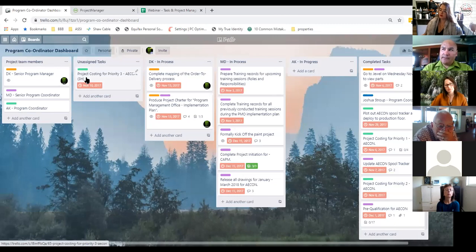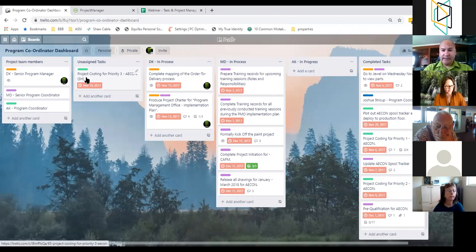Now, the thing with Trello is it's not a resource allocation tool. It's a task management tool. So when it comes to planned effort versus actual effort, this will not be the tool to use. I know Trello have identified that they could do project management and so on, but this is where it is limiting for them. Okay. Any other questions on Trello?